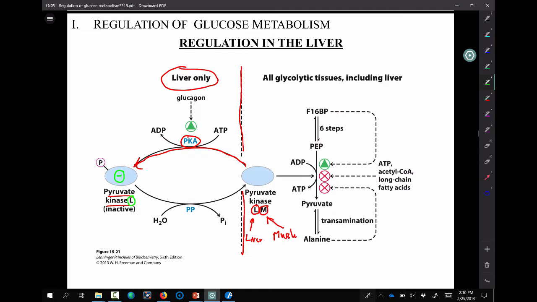Now, I think that it is important to say something in regards to my language there. Slowing it down is the way to think about this. Very rarely do we see metabolic pathways truly switched off. So instead of thinking of them as like a switch, where you turn it off and on, it'd be better to think of it as like a dimmer switch, lower or higher. That's the way metabolic regulation works, is that rates go down, rates go up. Rarely do they just turn off. But in general, again, glucagon, that's our signal here, is going to lead to a slowdown of glycolysis.